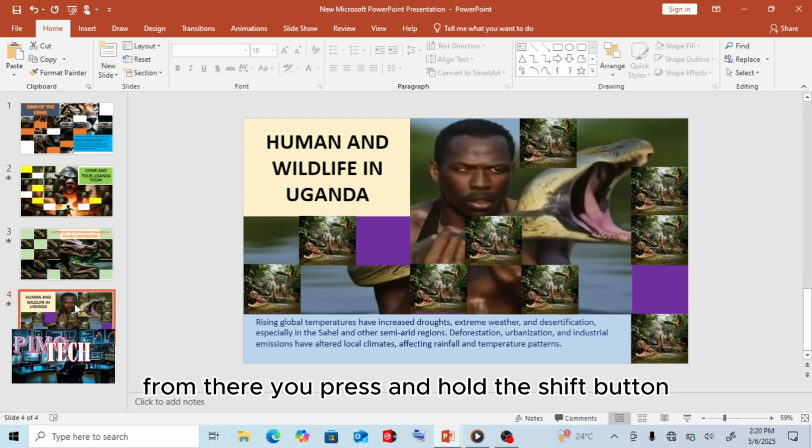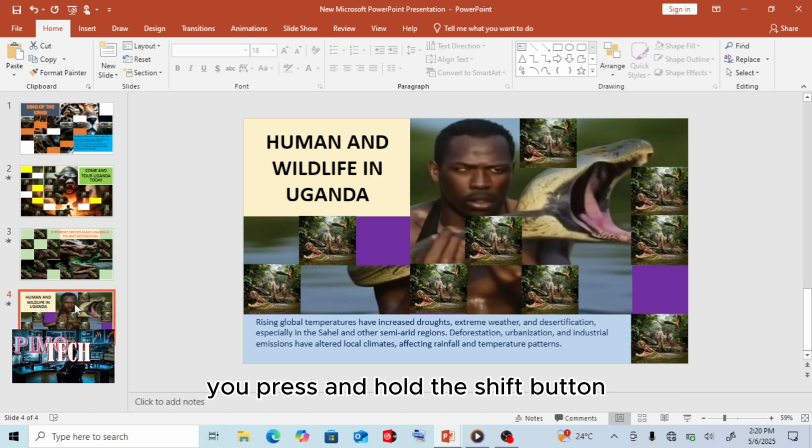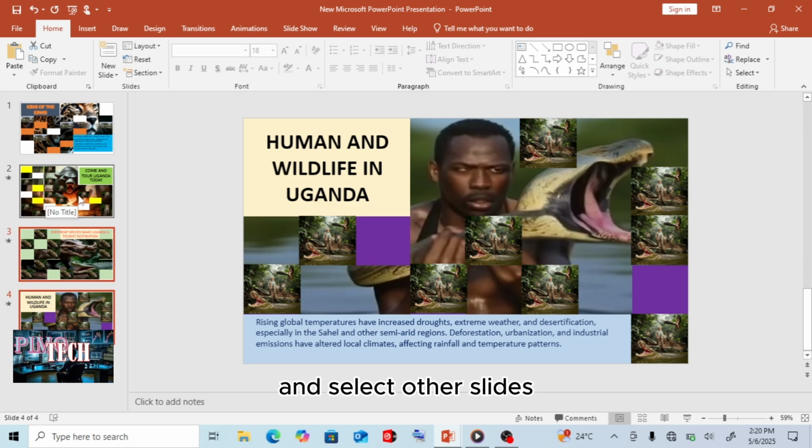From there, you press and hold the shift button and select other slides. Exclude the first one.